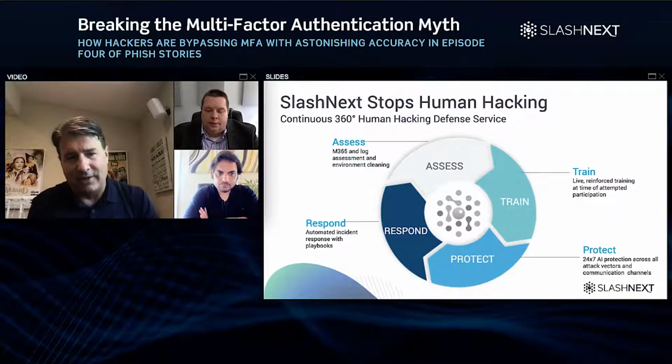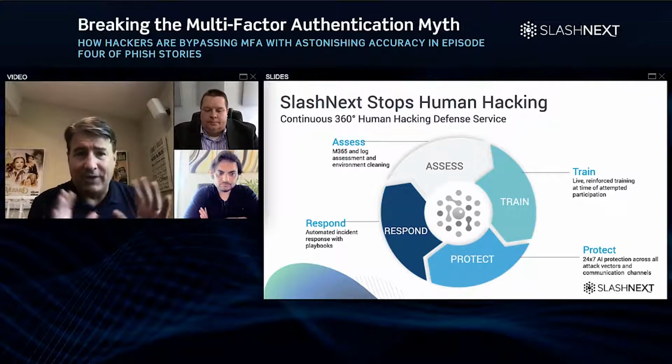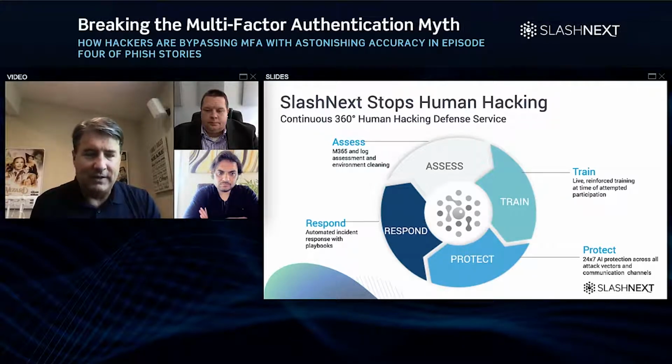You look at that on the endpoint. So we have endpoint protection both on the mobile side as well as on your browser to protect against all these human hacking attacks. And then finally, no good defense comes without also being able to respond to something. Nothing is foolproof, so you do have to have the ability, if you do see something, to respond. So we have very strong incident response. That's effectively what we call our total human hacking defense service.